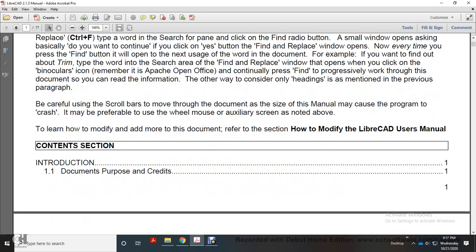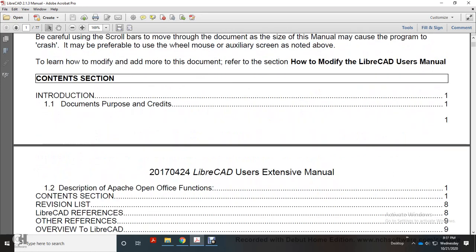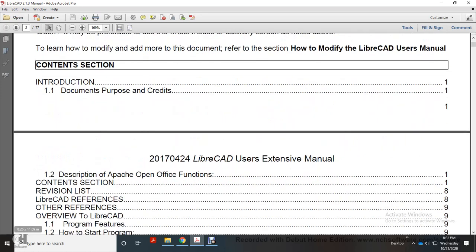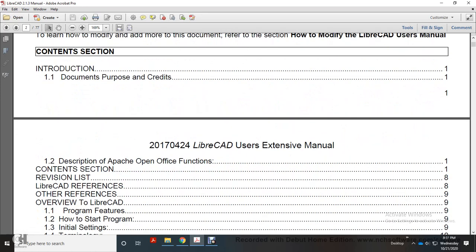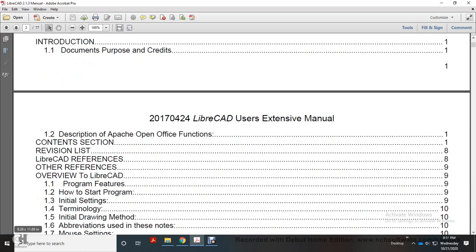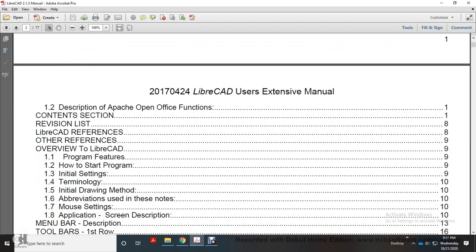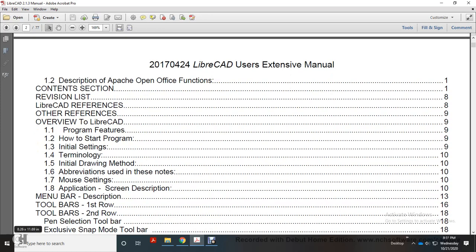Your content section: introduction, document purpose, credits, 1.2 description, Apache OpenOffice functions, content section, revision list, LibreCAD reference, overview to LibreCAD, and then 1.1 program features, how to start the program, initial settings, terminology, 1.5 initial drawing method, 1.6 abbreviation, even these notes, 1.7 the mouse settings, 1.8 application screen description, menu bar description, toolbars, first row, second row,